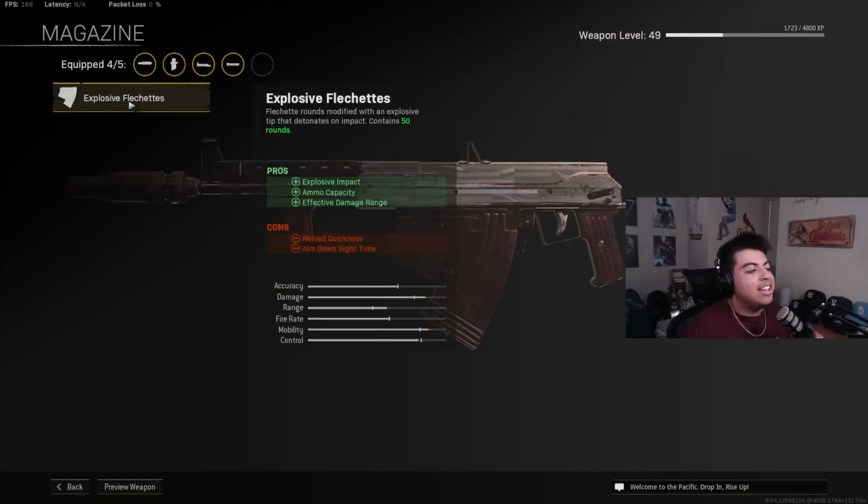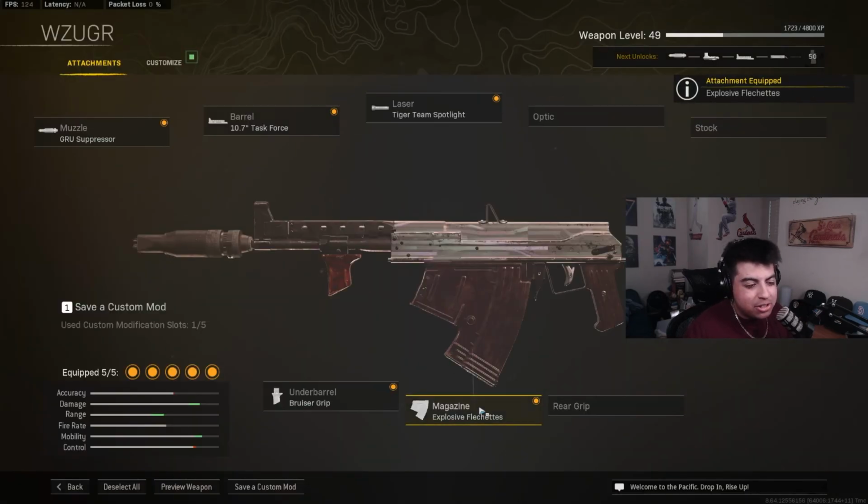Magazine, go with the explosive flechettes. They are so good. They're pretty fun to use. It doesn't do a whole huge amount of damage, but it gives you a little bit of a boost. But they are so fun to use for a little bit of an explosive thing there. And yeah, I would stick honestly with